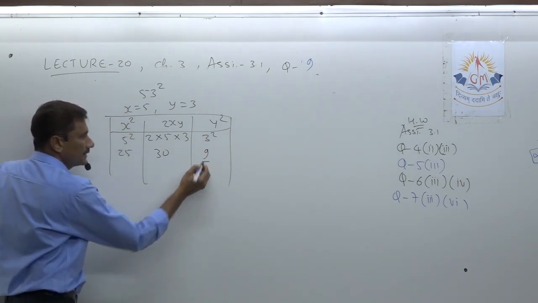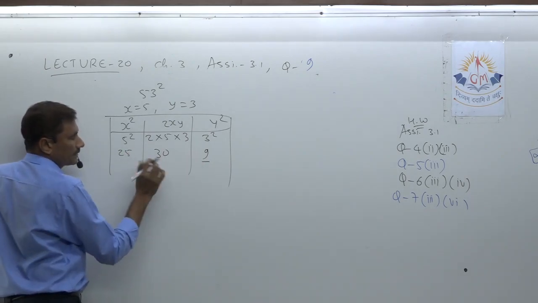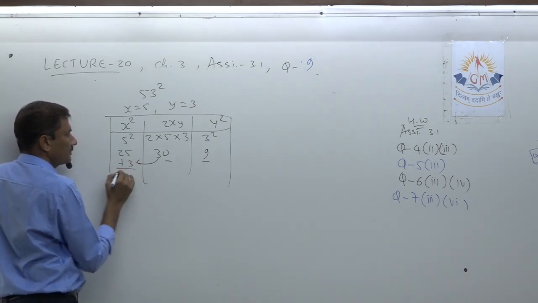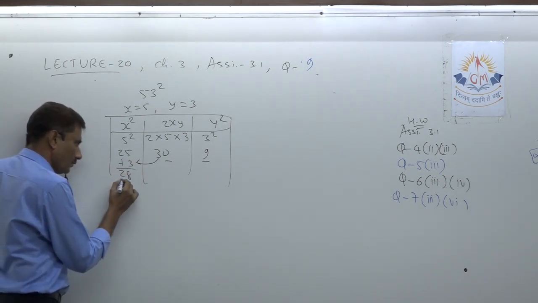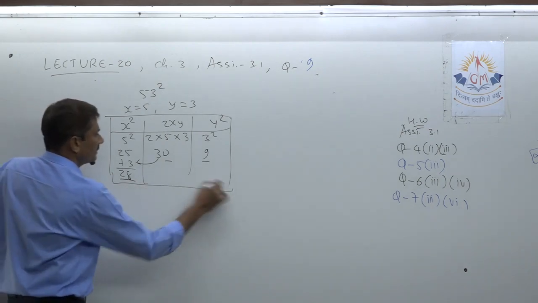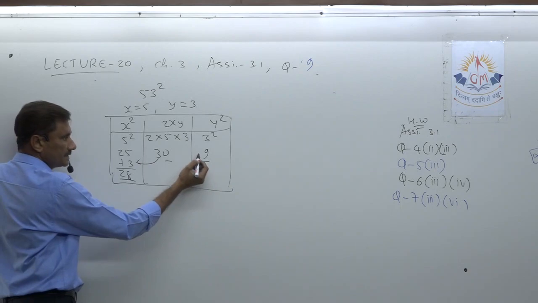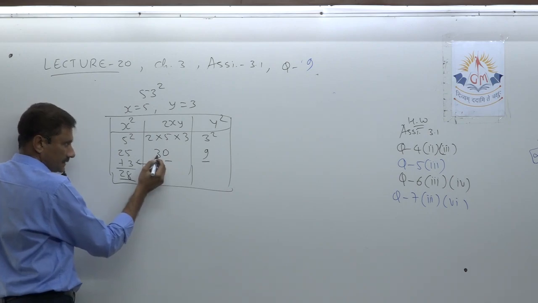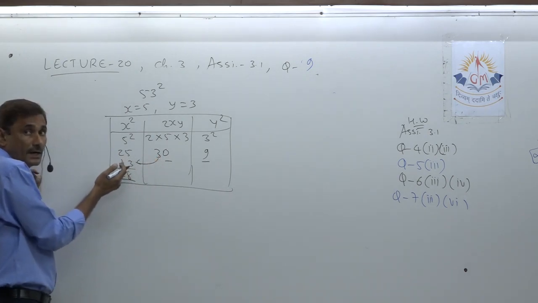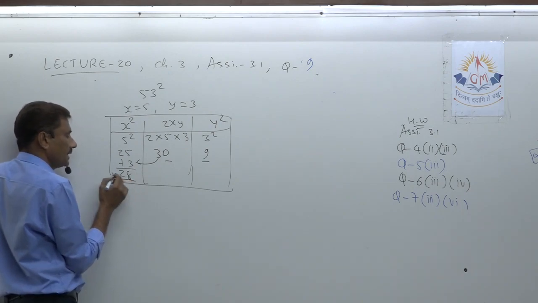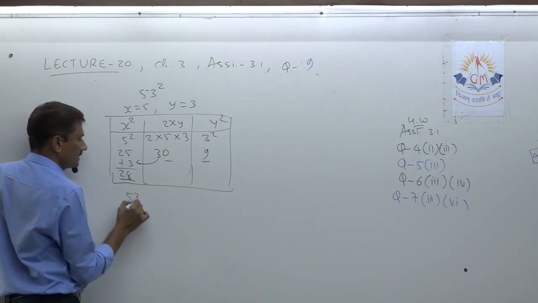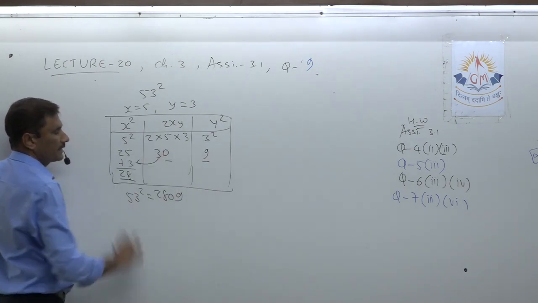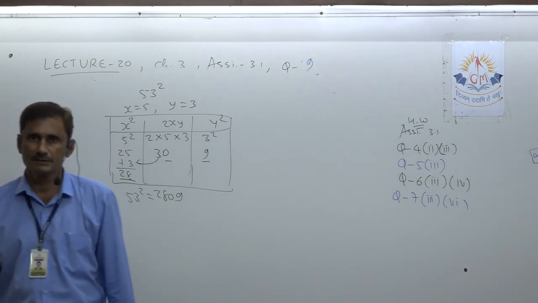Now underline the unit digit. 9, tens digit not there. So again underline the unit digit. 8, tens digit here, so plus 3. So it will be 28. So underline all digits. So the table is over. Underline the unit digit; if a tens digit is there, then add, but there is none, so not added. Again underline the unit digit; the tens digit is there, just forward it here and add it. Got 28, underline all digits. So now 53 square will be 2809. The underlined digits are to be written at last. That would be our answer.